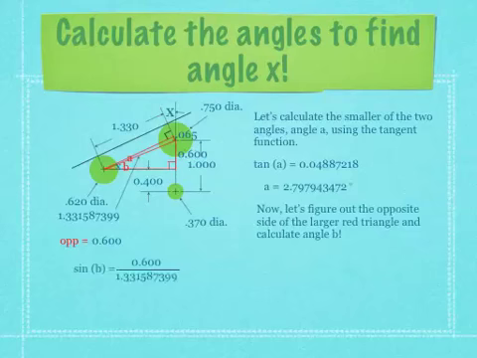So our sine says the opposite over the hypotenuse is equal to the sine, in this case, of angle B. 600 thousandths divided by 1 and 331 and a half thousandths plus. Do that and we get 0.45059 is our sine. Look that up on the table and B is equal to